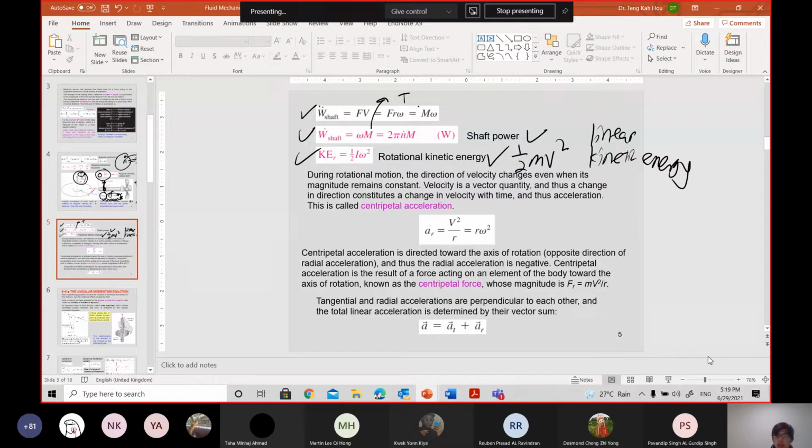This one is so important. But for these ones, you just need to be aware, but I don't see very many questions asked in this way. R omega squared is your acceleration, but I don't see a lot of questions asking about it. But anyway, this is something you learned in statics in the past, am I right? Just need to recall this.